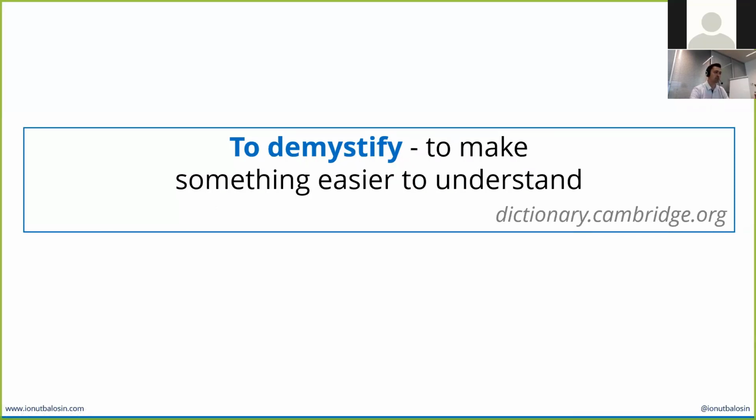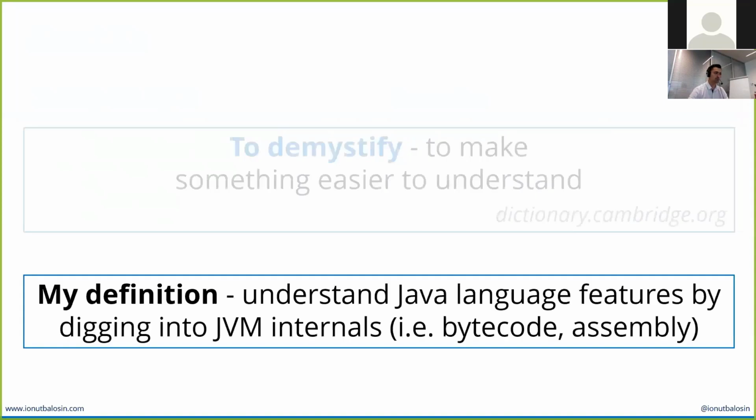So all of this being said, let's start by explaining what demystify actually means. As per the Cambridge definition, to demystify means to make something easier to understand. However, my definition is this one: to make Java language features easier to understand by digging inside the JVM internals. So basically during this talk, I'll try to share with you how these features work by providing a bit of assembly code, not too many actually, and